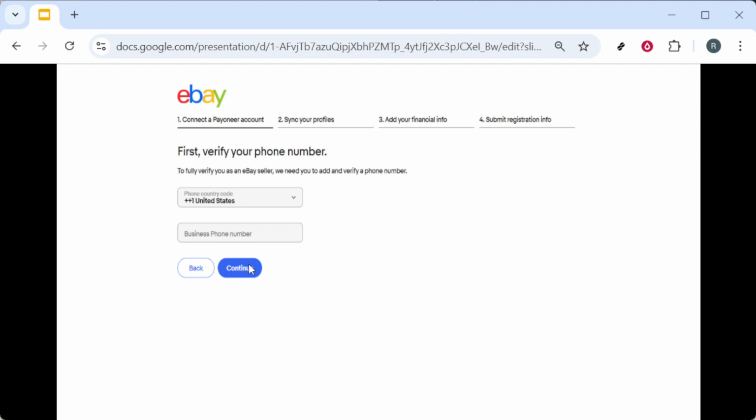Here, you'll need to provide the necessary information to sync your profiles. Make sure everything is accurate to ensure seamless transactions. Finally, the last step requires you to add your financial information and submit any